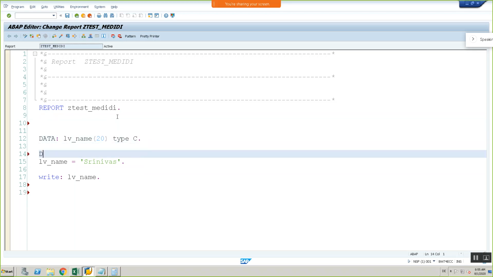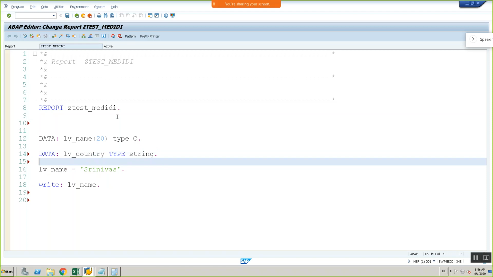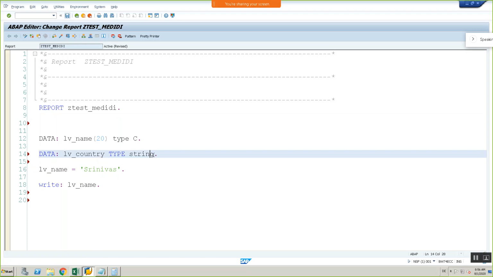Data lv_country type string. See, when I click on the check button, there is no syntax error. String means I am telling it is a set of characters. When you define a field of type string, there is no need to specify the length.